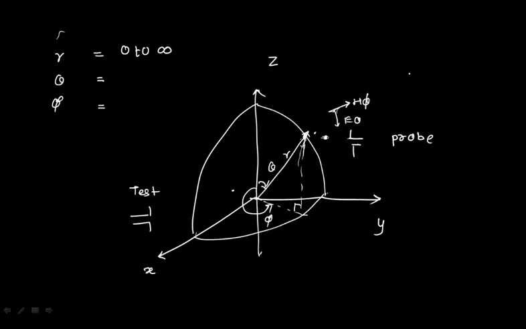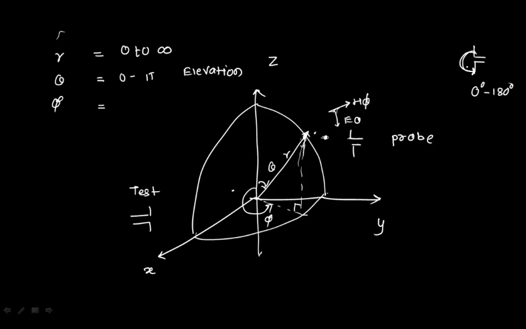Theta, as I'm going to explain, suppose you have this particular antenna which you are using for testing. What are the rotations of this antenna? What degrees of rotation are possible? From 0 degree to 180 degree. You cannot rotate it more than that. This is what we call the elevation angle, and it will be from 0 to pi.